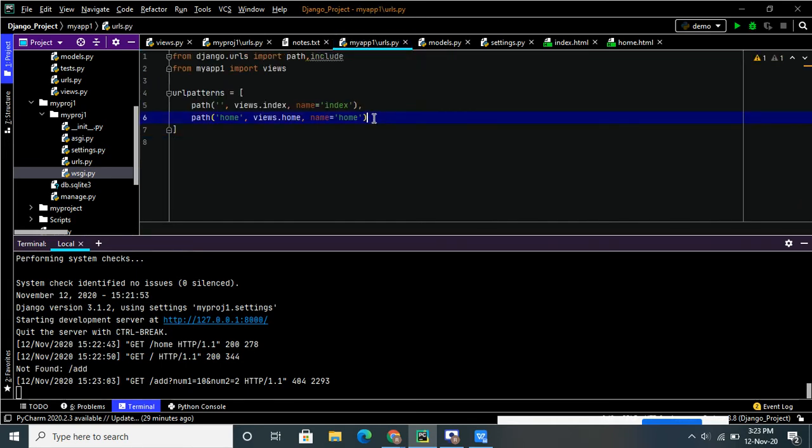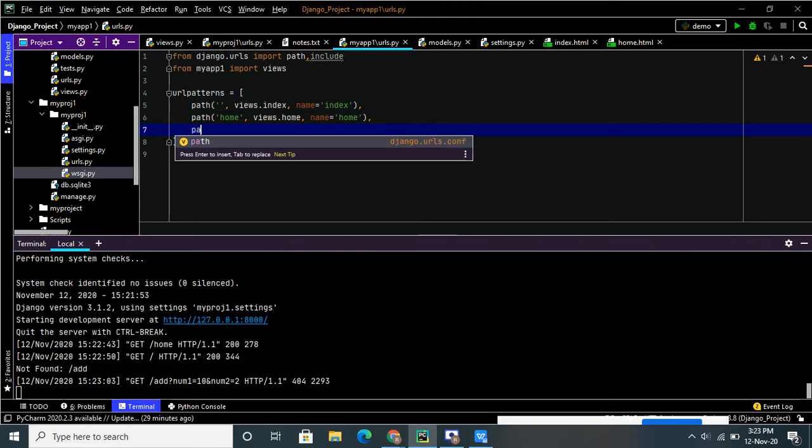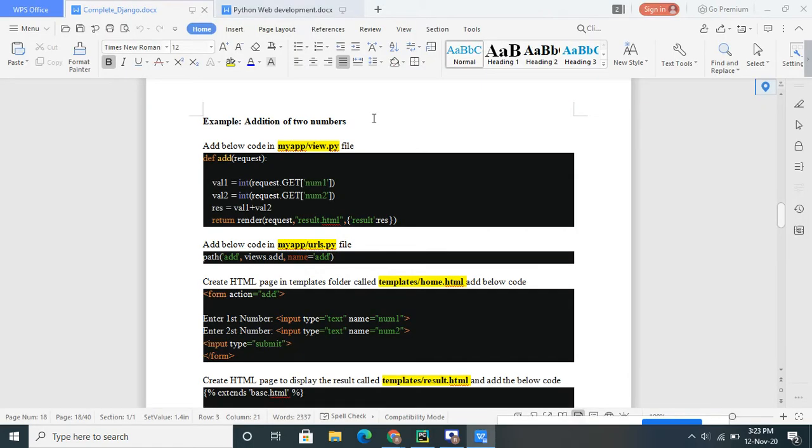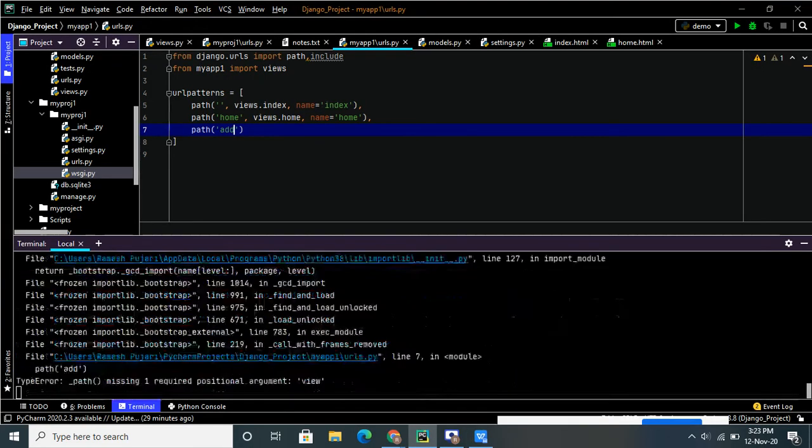Now I have to mention in the URL, path is equal to add. If I click on the add button, if the user clicks on add, it should go to views.add, and name is equal to add. This URL should be called, okay.